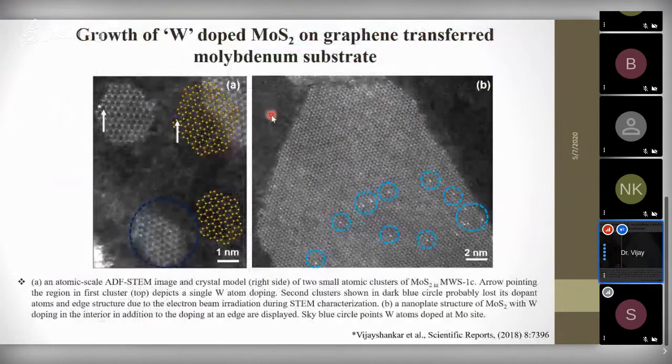I could even locate just a single tungsten atom on the edge of a small atomic cluster of MoS2. It means once the MoS2 is formed, then the tungsten comes in for some reason. Then it takes position only on the edges, not in the internal structures. That's why it is located more on the corners. Of course, there are some tungstens in the center part, but it's very rare, which we found through the thousands of atomic clusters we studied.